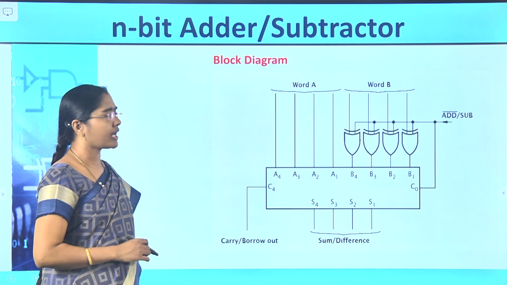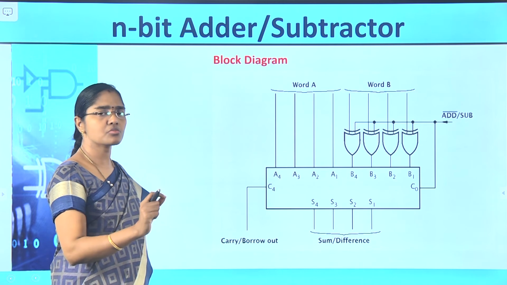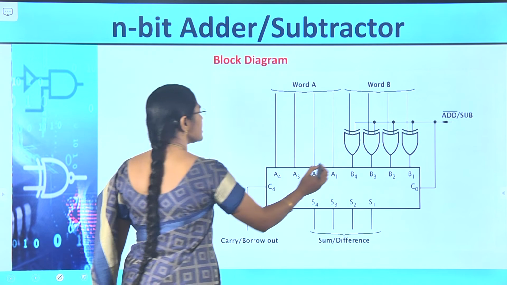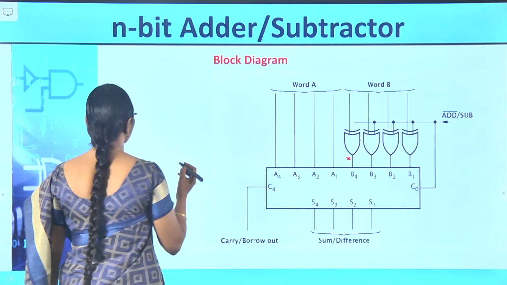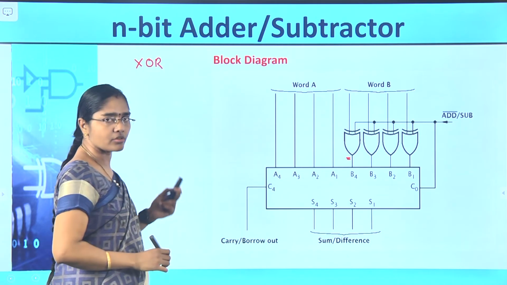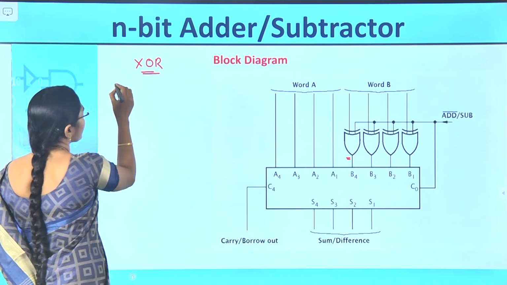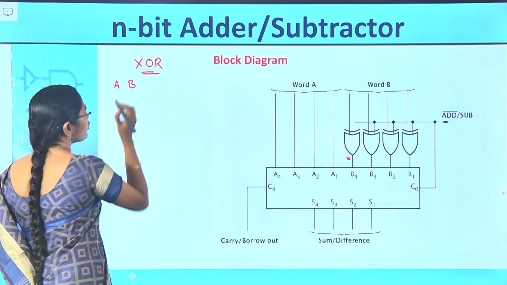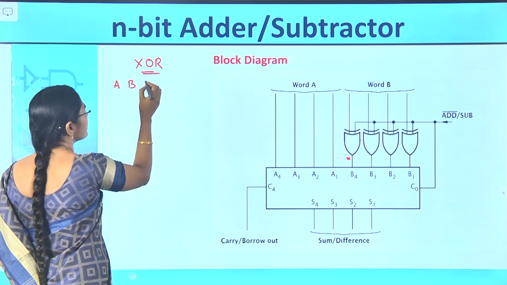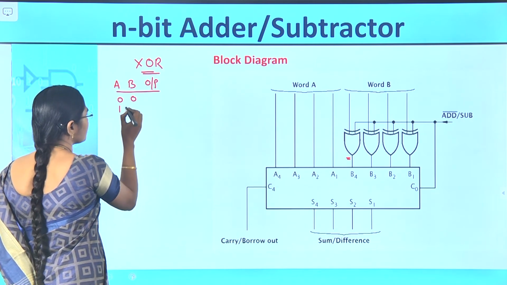Let us see an adder and subtractor both with the same hardware, using some small extra logic gate instead of the NOT gate. See, from this block diagram, one XOR gate is used. For that operation, the XOR gate is going to be used. The advantage of the XOR gate is that it gives complementary and non-complementary outputs depending upon the other input. So let us see the XOR gate operation through the truth table.